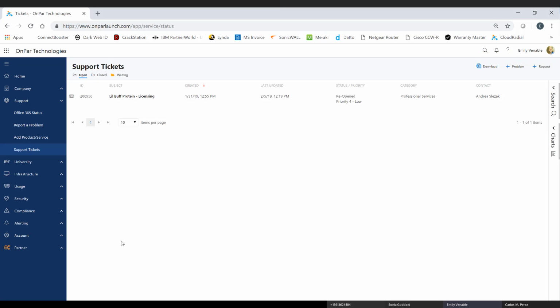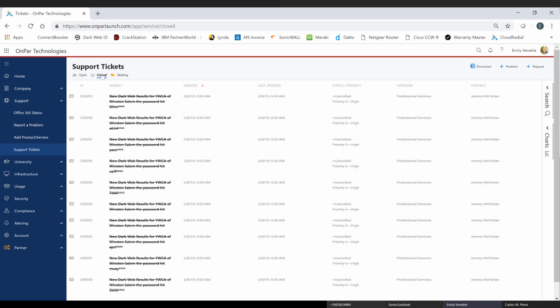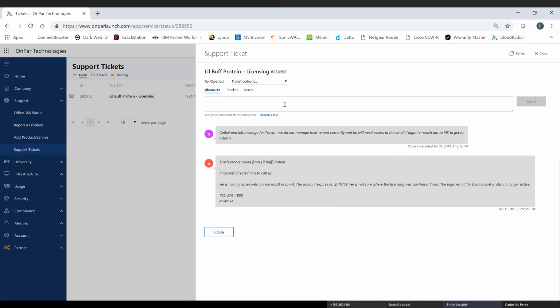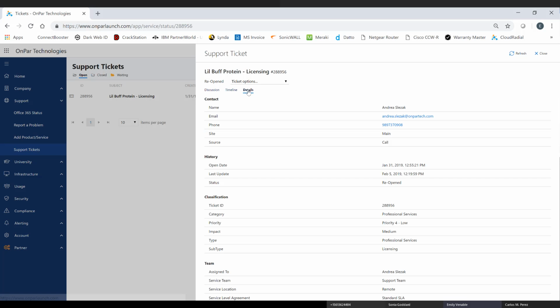So that now moves us on to the service ticket section. Now, in here, you can see all open and closed tickets. If you're an administrator, you can see all tickets for your entire company. If you are an end user, you will just see your tickets. So under open tickets, you can click on your ticket and you can come in here and put in a comment, attach a file, send it, and communicate directly with your technician. You can also see your timeline and the details of your ticket. Also, in case the issue resolves itself or you figure it out, up here at the top, you can close